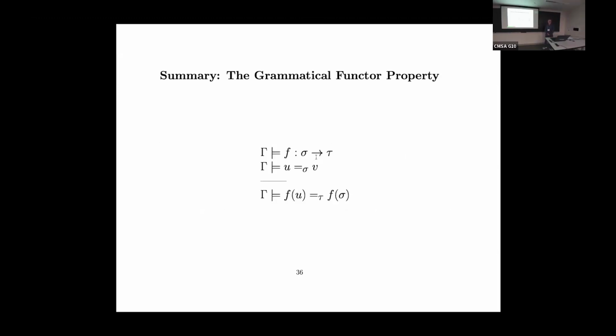So this is my summary. This is the grammatical functor property. And the claim is that a foundational system needs this property. It's fundamental to mathematics. It's in dependent type theory. Constructivism is irrelevant. So